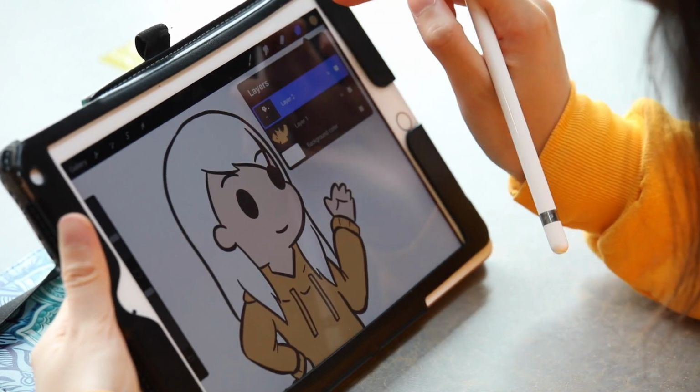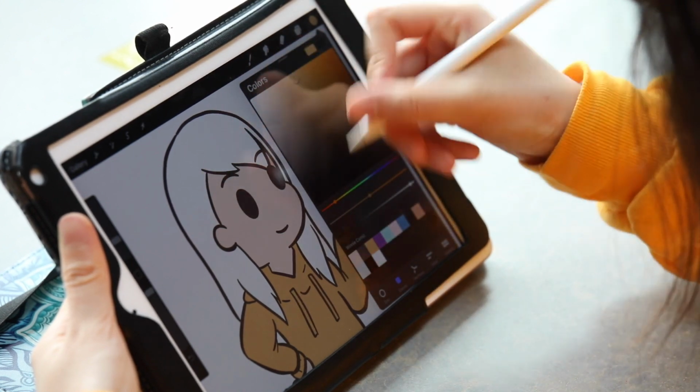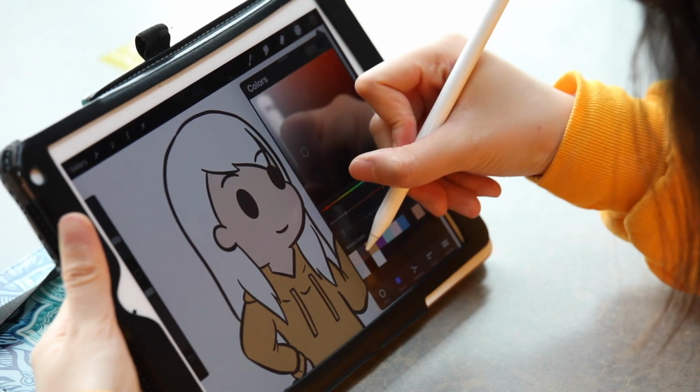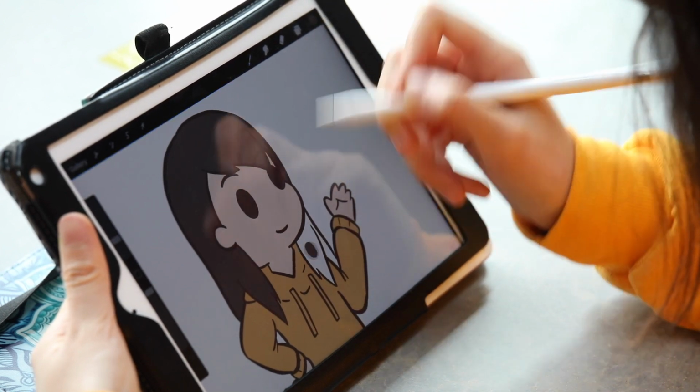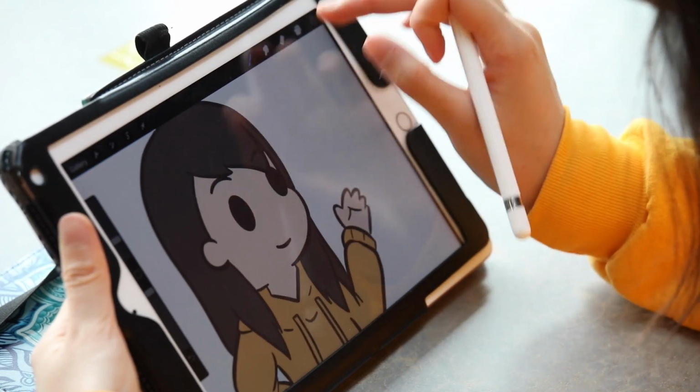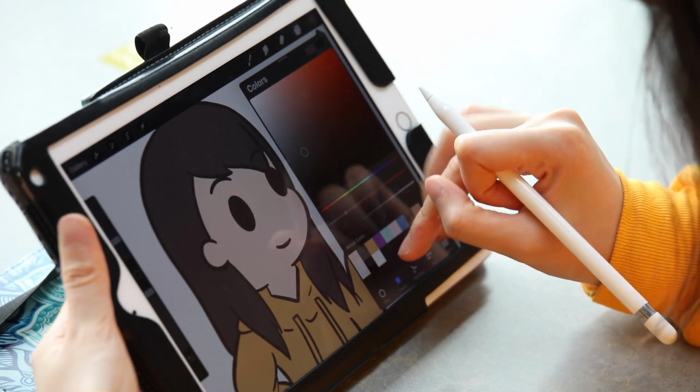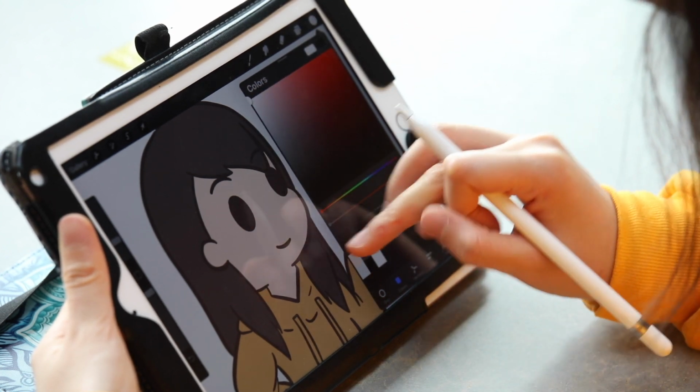I will use the color drop option to do the hair. So this is the color that I've selected for the hair. I just drag and drop. It's that easy. And for the face, I usually would add